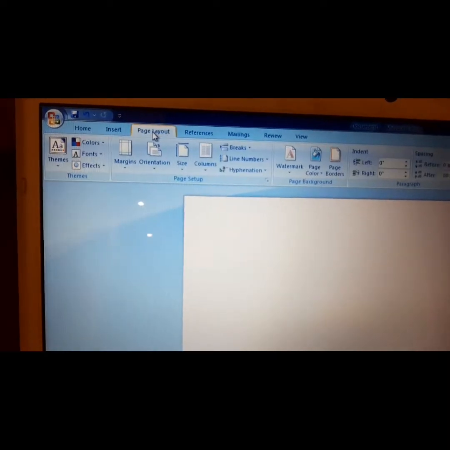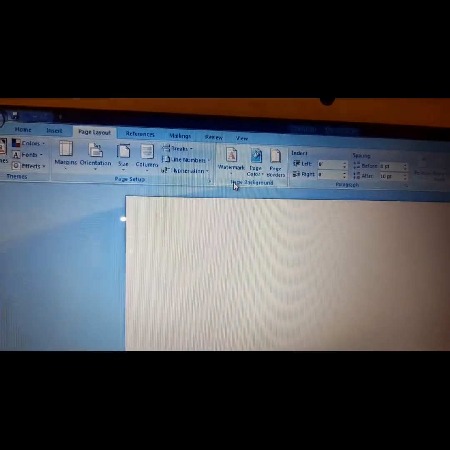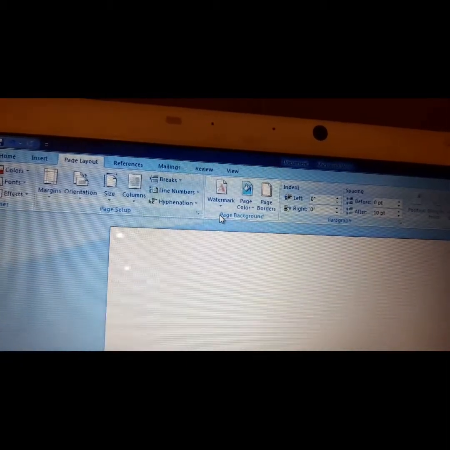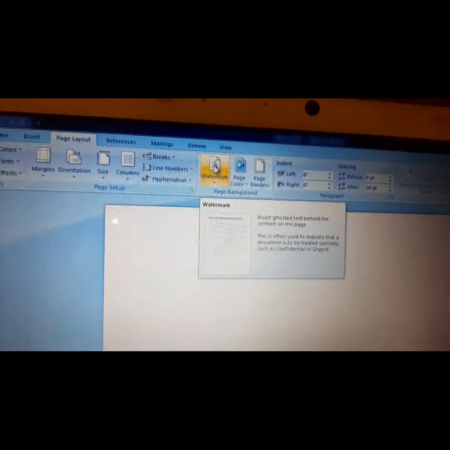Now we will go to page layout. This is the page layout tab. Here in page layout tab, we will click on page background group, and in this page background, here we have the option of watermark. Click here.